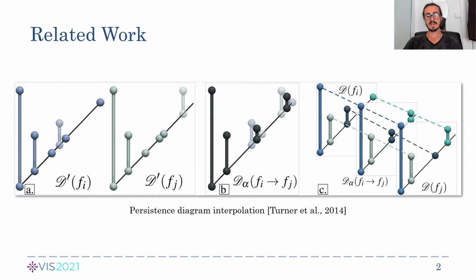We can see a persistence diagram as a set of 2D points. The passage-time distance between them can be defined as an assignment problem, where we'll assign to each point of the first diagram a point in the second one. We can also insert or destruct a point that is symbolized by a matching with diagonal, like we can see here. In the work of Turner et al., a geodesic between persistence diagrams is defined as an interpolation of the matching points in this 2D space, like we can see in this interpolated diagram.